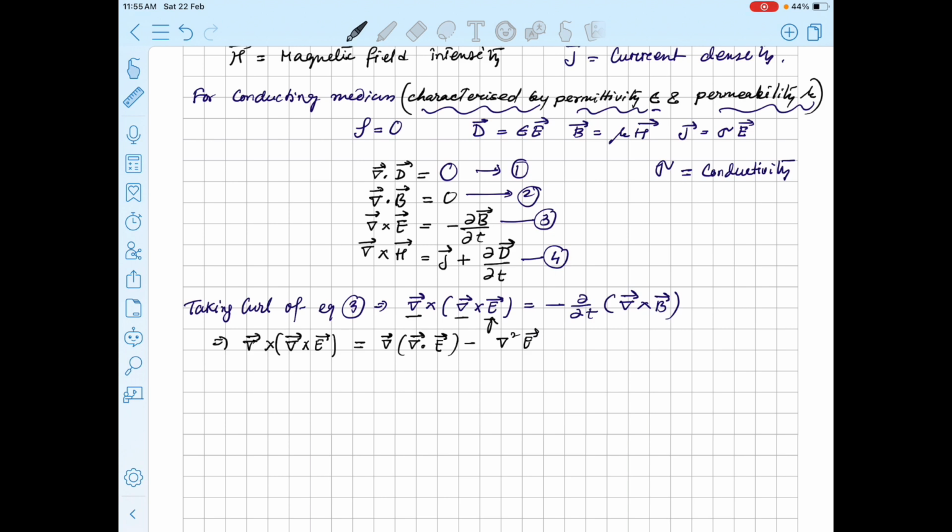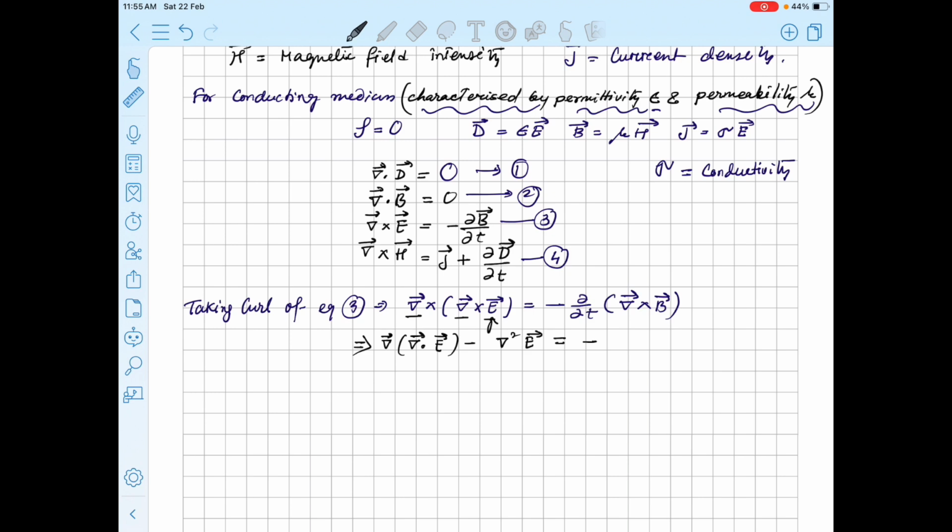That's what we're going to have using the vector identity. So on the other side, this is replaced by this result, right? So this equation implies, let me clear this, equal to minus,